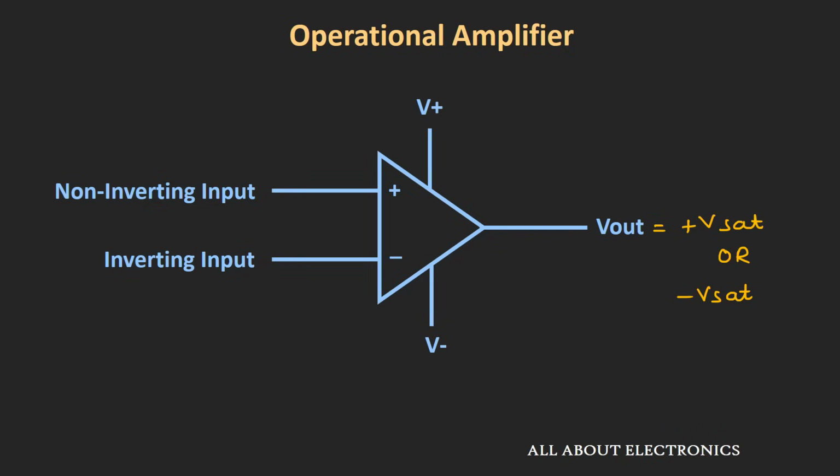So if we use this op-amp as a comparator, then the output of the op-amp cannot be used directly with different circuitries, and somehow we need to restrict the output voltage of this op-amp by using external circuitries. Because of these reasons, comparator ICs are specifically used in applications where you need to compare two voltage levels. If your application is not critical and you do not require a very fast response, in that case the op-amp can be used as a comparator.